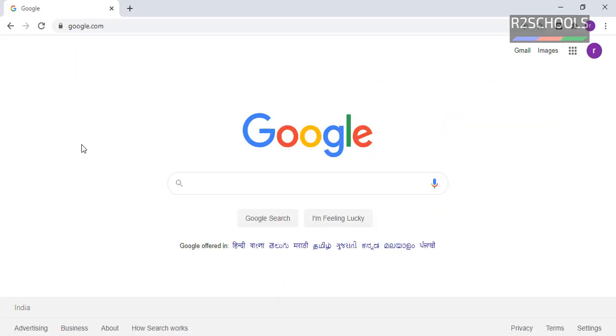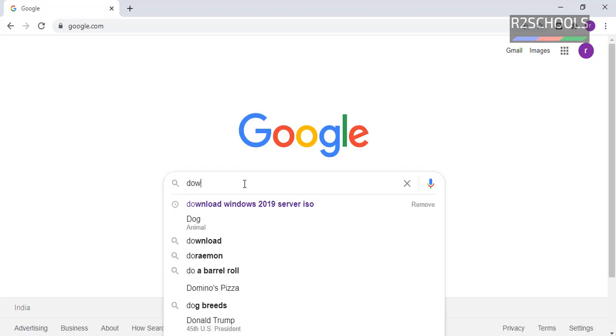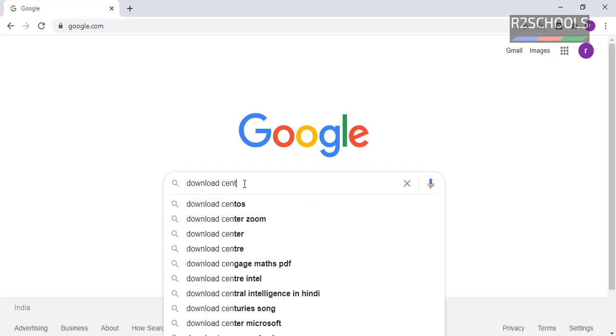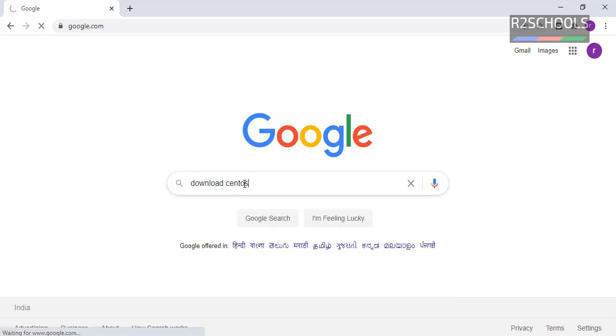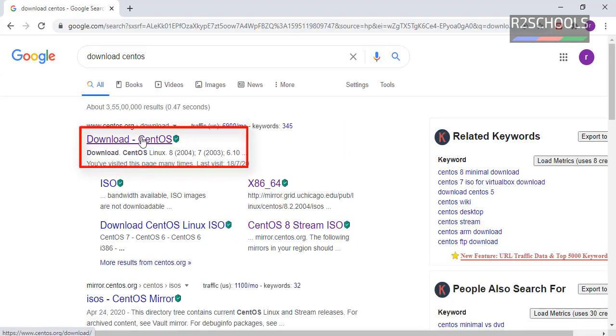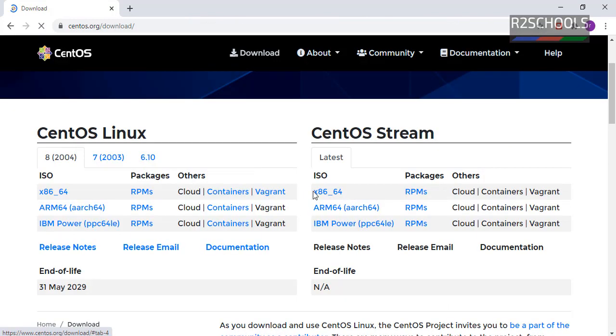Go to Google or any search engine, then search for download CentOS. Then click on download CentOS. Here we have three versions, 8, 7 and 6. Now we are going to install the latest version, that is 8. Then click on this